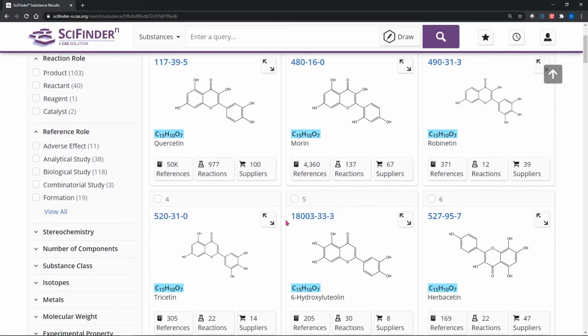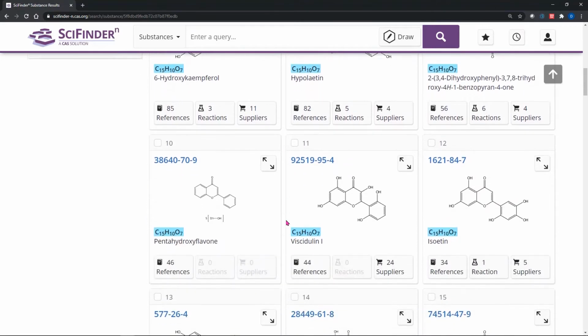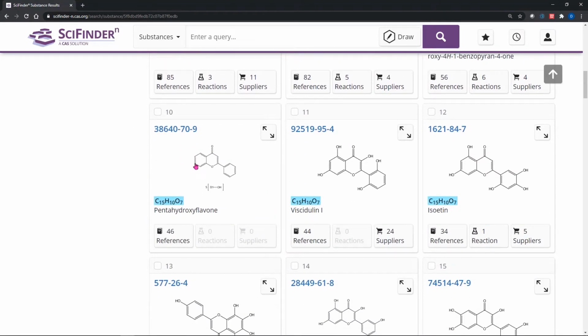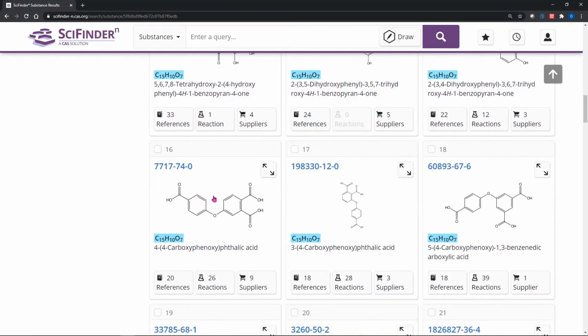Moving down, we'll see that there are some instances that we'll have to be aware of. So we're going to search for flavonoids, but we want to make sure that we also cover the possibility of this incompletely defined substance. But what we really want to eliminate as we go further down the list are components such as these three phthalic acids type compounds. They don't have the flavonoid core. They do have the molecular formula, but we want to get away from these compounds because they're not of interest to us. And this is where we're going to leverage the search within capabilities that we'll see up here on